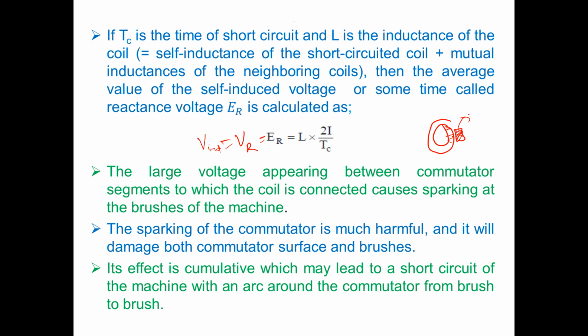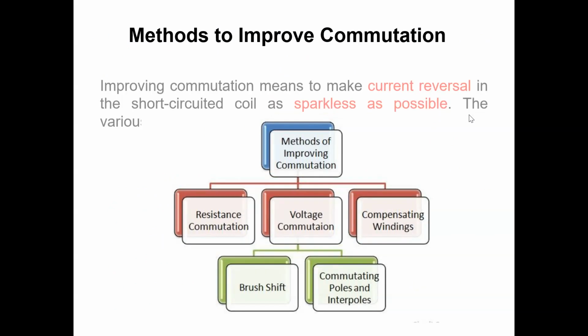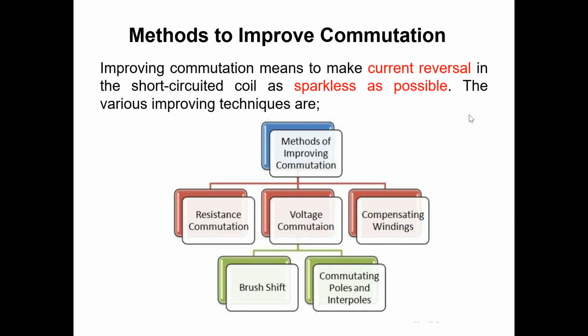So this is not a positive phenomenon. That means sparking is not advisable. Then we need to remove this. We have to improve commutation, which means we have to reduce the sparking in a DC machine, and